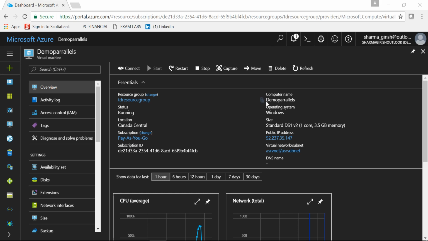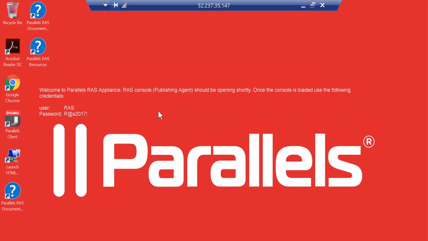name of our server is Thermo Parallels, and as part of the installation we also published some applications, and I showed you how, as a client, you can access them via the HTML5 gateway or by deploying the Parallel client option. Also, as part of those videos, I showed you how you can share your folders if you want to via the Parallel server, and today we'll show you how you can use the printers which are locally available, and print the documents and other files that you want by making use of the Parallel server. So let's get started, and let me just connect to my RDP session with the server, and